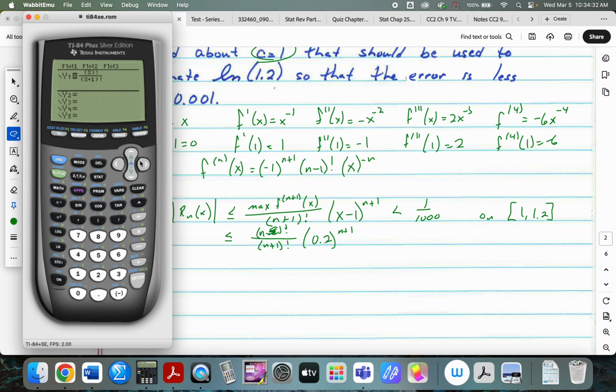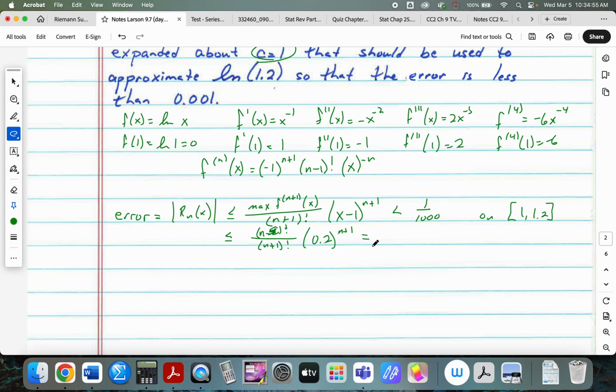Delete, delete. 0.2 raised to the n plus 1. And I probably should have, I wasn't thinking about it, simplified this just to 1 over n plus 1 times 0.2 to the n plus 1. In any event,